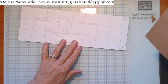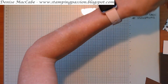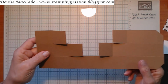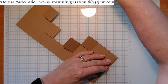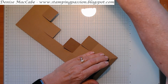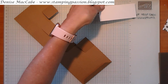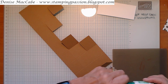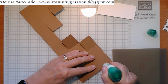Okay, so that's my sample. Okay, so now we're just going to fold this end piece in because this is going to be like our closure tab. Does that make sense? I hope so. And I've got a little block here, and that's for my gluing. So I'm going to put glue on this tab here,